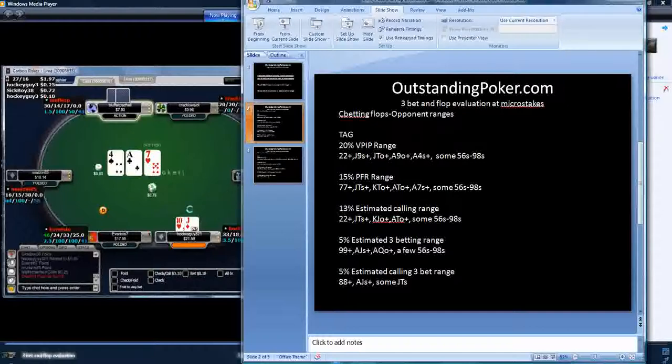Might he call down with a pair of 8s or 9s? He might, but he might fold them. Any kind of just Broadway cards are in tough shape here. There's no real draws out there at all, so they're in bad shape. As we said, the aces hit it. And then suited connectors, 9-8, 10-8, Jack-9, stuff like that, all pretty much miss this flop pretty badly. And of course, when he checks, that's just further